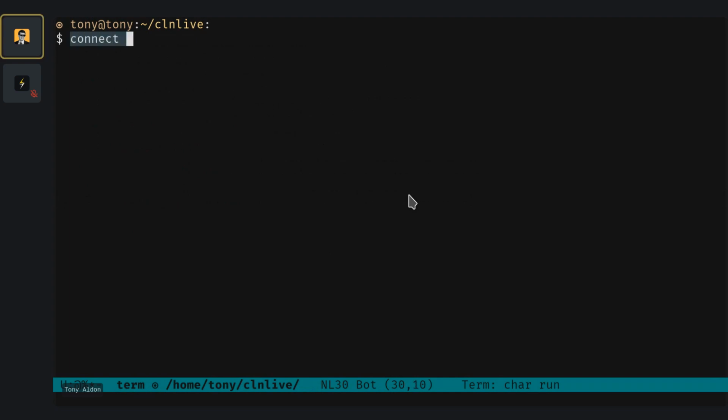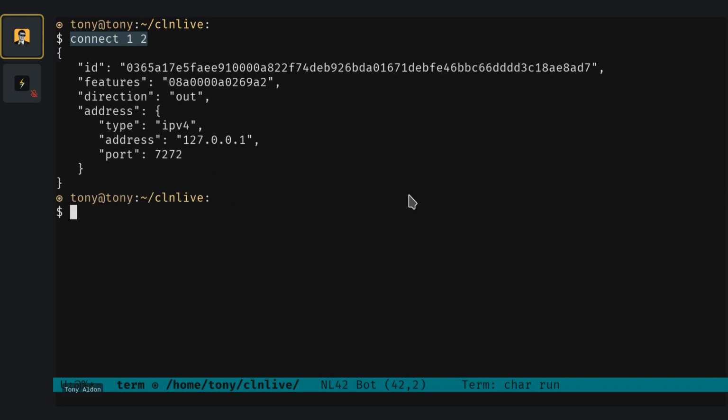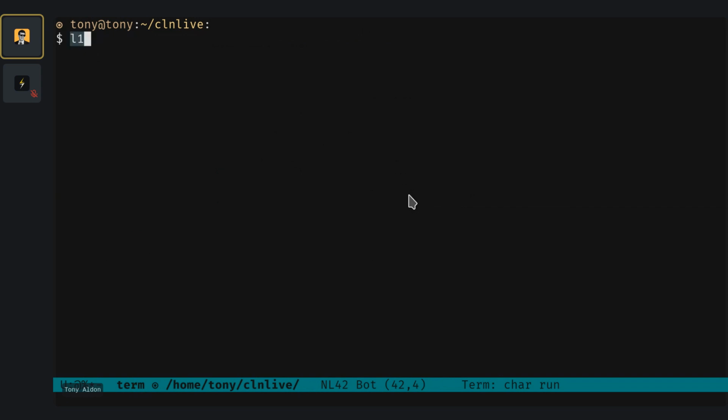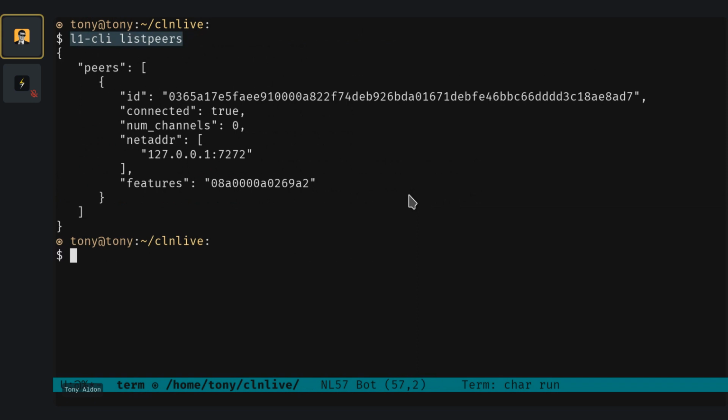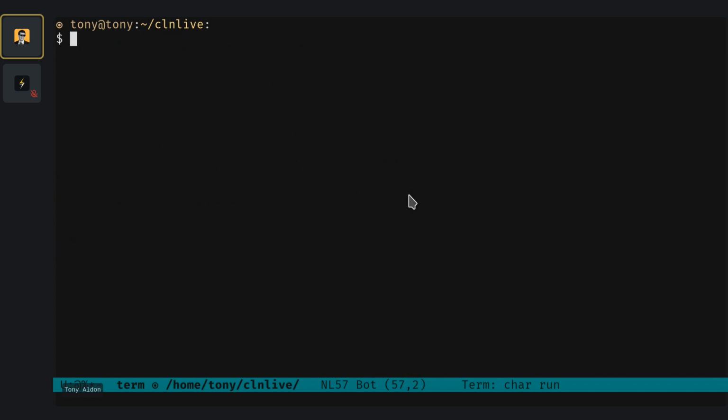First, if we don't connect the nodes, this is something that is important. Connect is not a command from CLN, this is a command from the scripts that we have, so it's easier for us. The 2 nodes are now connected, and we can check that with list. So we have node 1 and 1 peer, which is node L2, and now node L1 will create